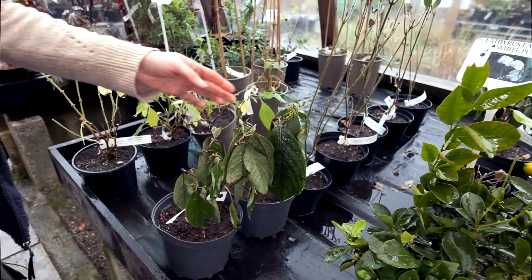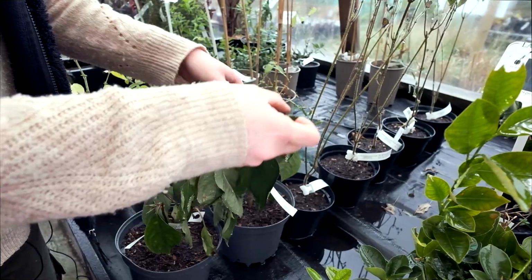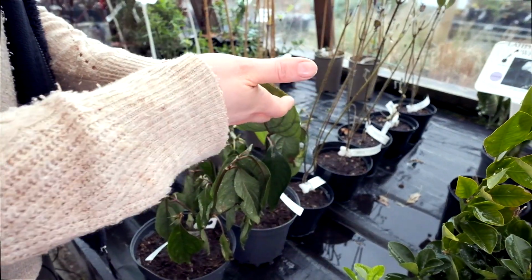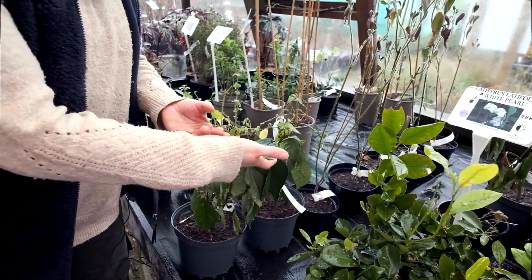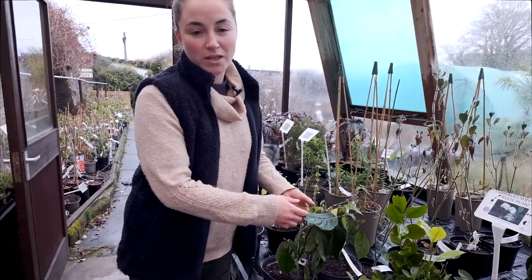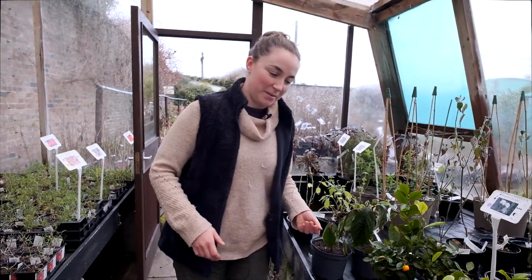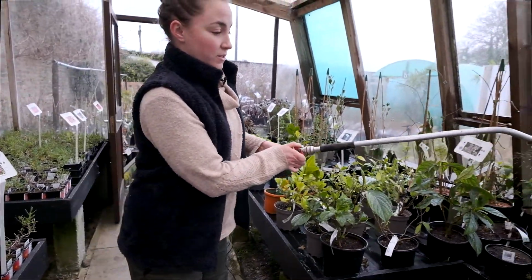We have to be really careful with the big leaved plants like this, because obviously we've got all of this surface area underneath where they're losing water, and when the plants are starting to actively grow and photosynthesize, it's really easy for them to dry out. So it's that kind of transition time now where you're moving from a winter watering schedule to a spring watering schedule. So, and we water with a lance in the lean-to,